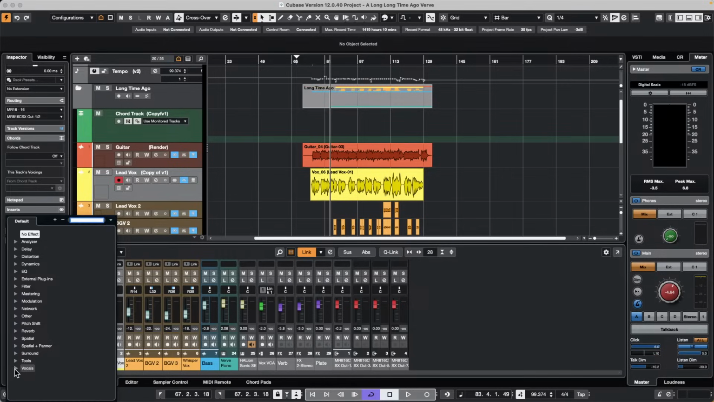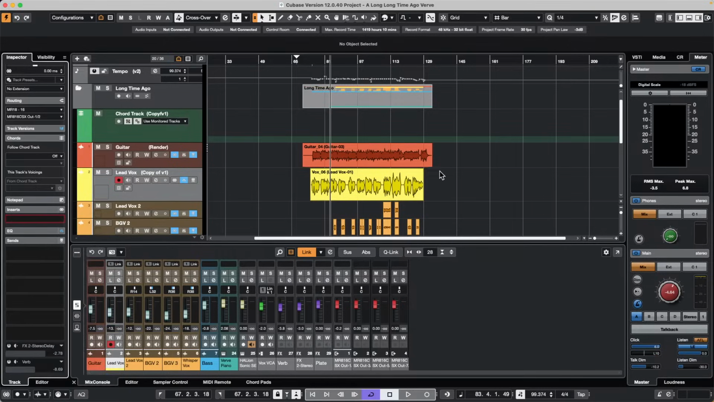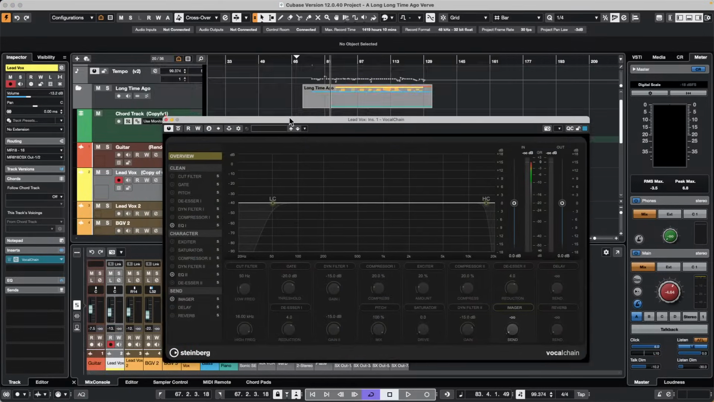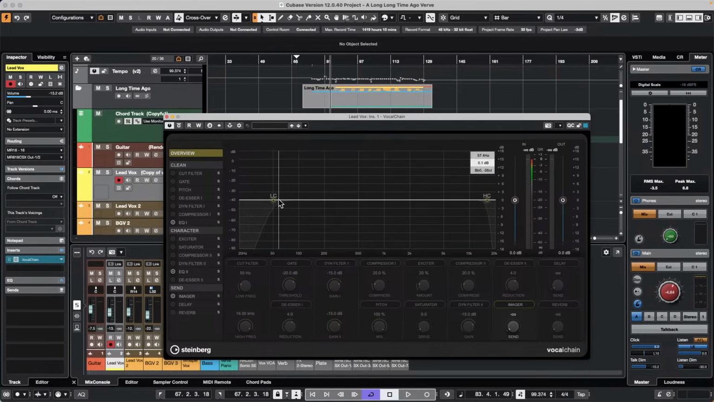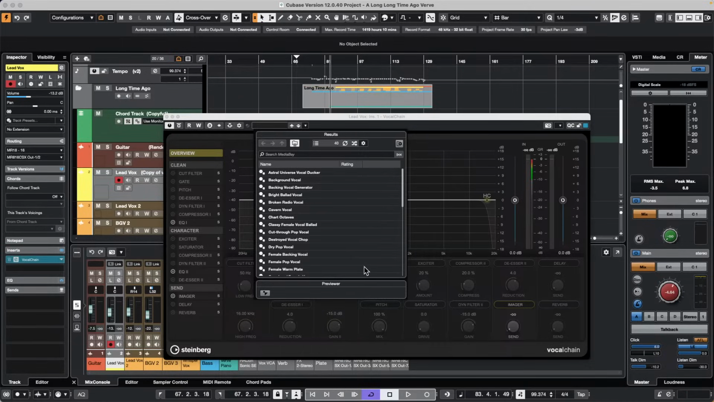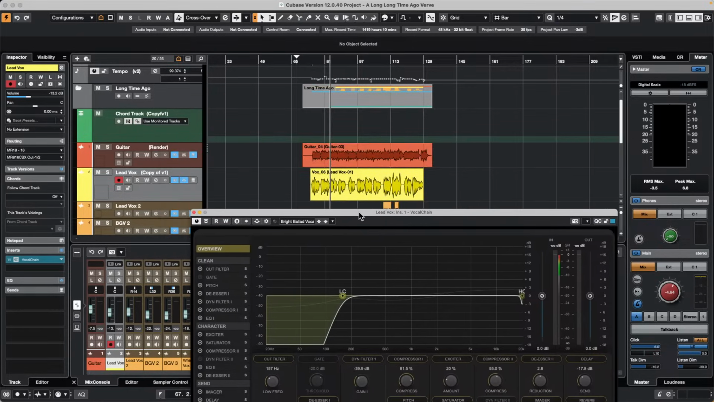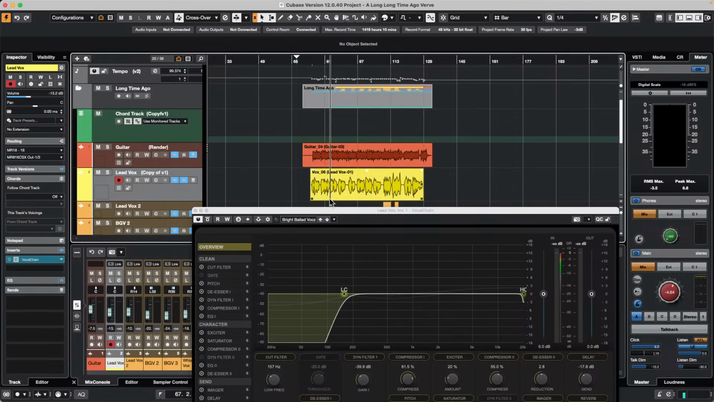So when we want to come over here, we go to vocals and we have a vocal chain. What this is going to allow us to do, as we work with the vocal chain, is basically give us like 16 different plugins in one particular plugin. So when we look at this, let's just see how this